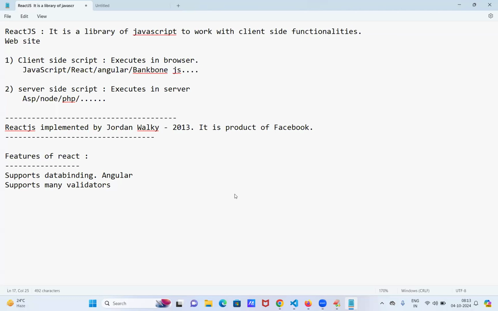Those are very helpful for us. Without writing any code, we can perform the validations on the controls. Okay, that is the concept. Next one,